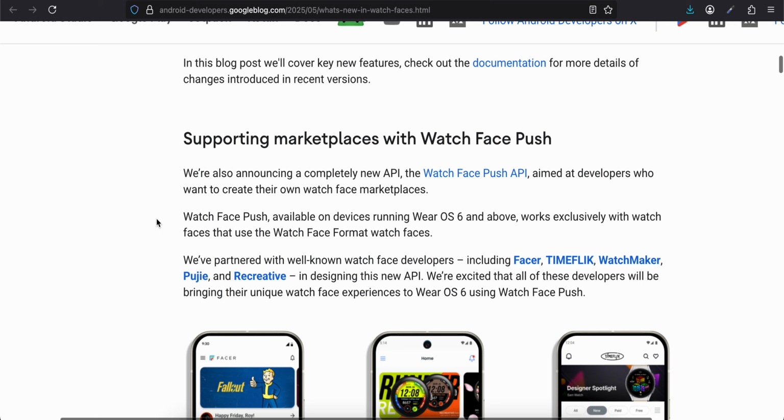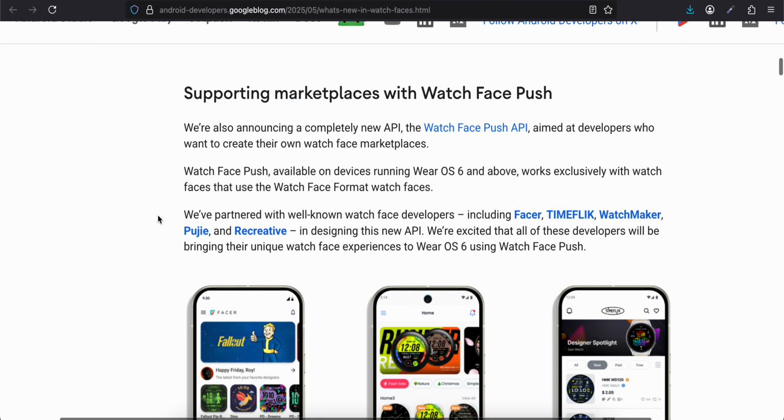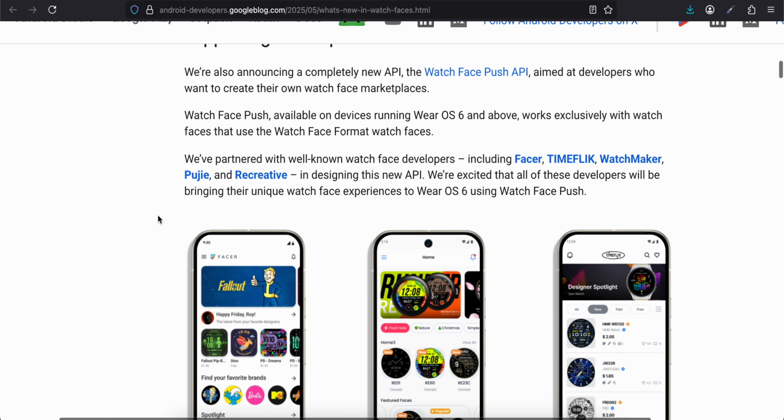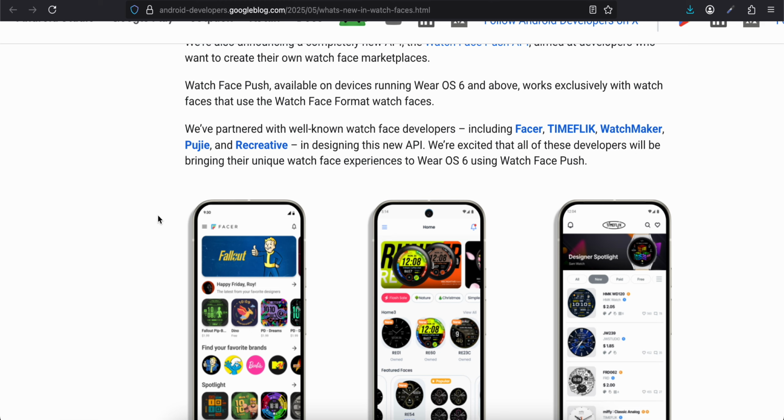Supporting marketplaces with watch face push, we are also announcing a completely new API, the watch face push API, aimed at developers who want to create their own watch face marketplaces. Watch face push, available on devices running Wear OS 6 and above, works exclusively with watch faces that use the watch face format. We have partnered with well-known watch face developers including Facer, Timeflix, Watchmaker, Puji, and Recreative in designing the new API. We are excited that all of these developers will be bringing their unique watch face experience to Wear OS 6